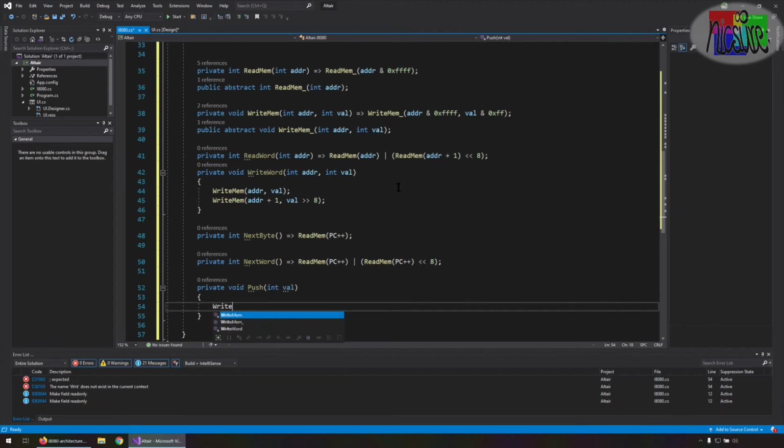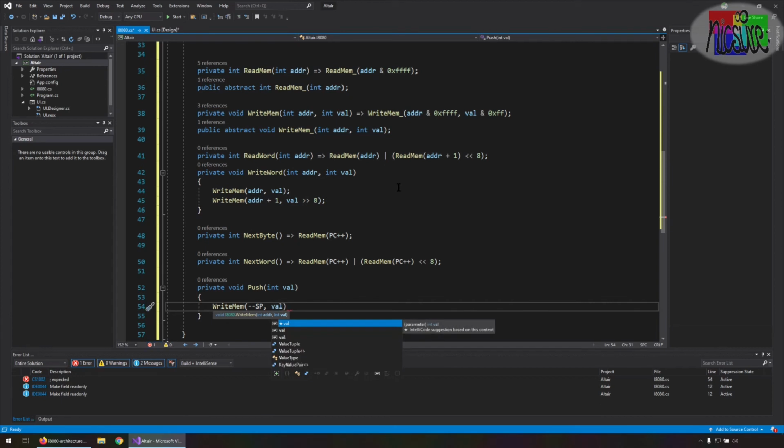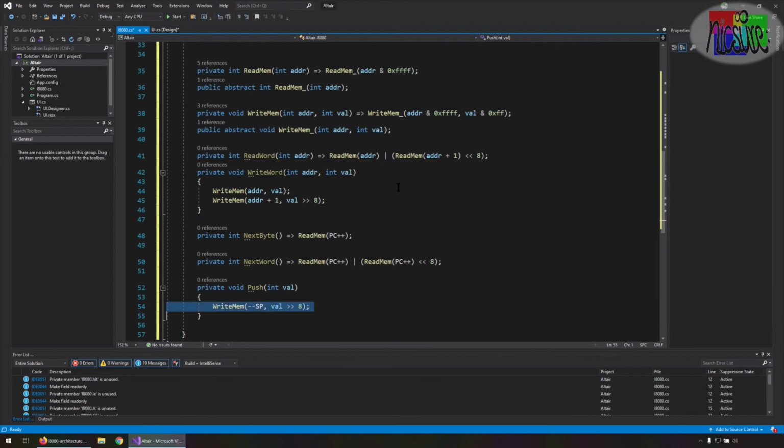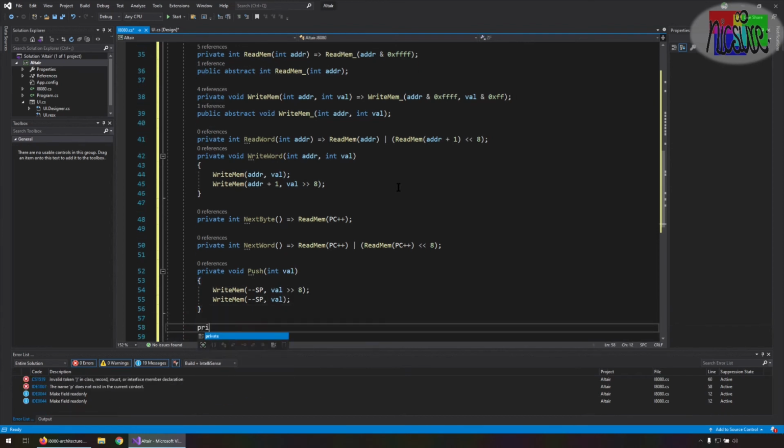So write mem, and we're writing to the stack pointer, and we're writing the most significant, but we need to take one away from the stack pointer before, not after. And then we're doing value bit shifted to the right 8, and then we can put the least significant byte in, which is just going to be val. Okay,